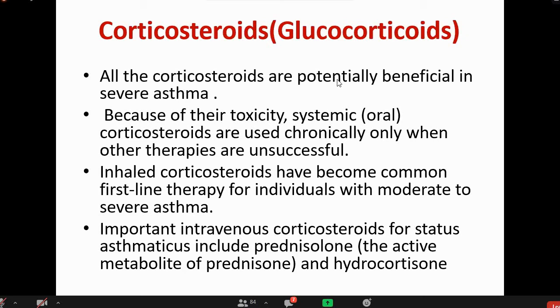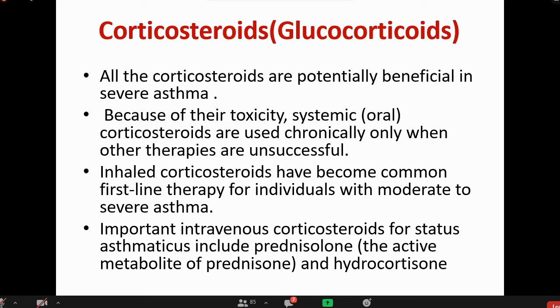And when we use the inhalational route, we must know the preparations that can be used by inhalational route, right? So why can't we use systemic glucocorticoids normally? Because of the systemic toxicity. We can use them when the inhaled glucocorticoids or other therapies are not showing a response, then we can try the systemic use of